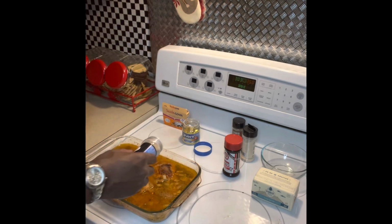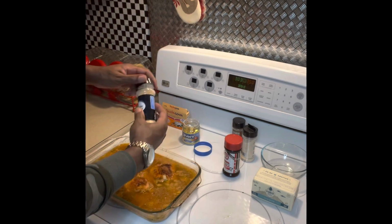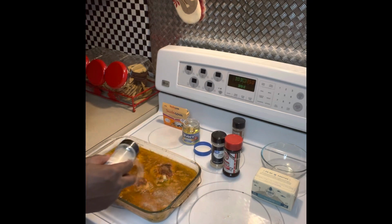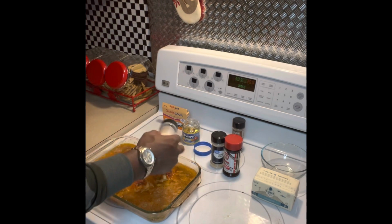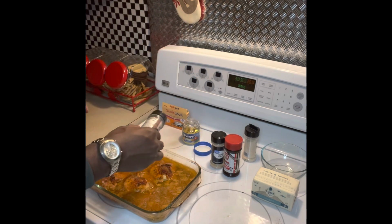Garlic powder, onion powder, black pepper,